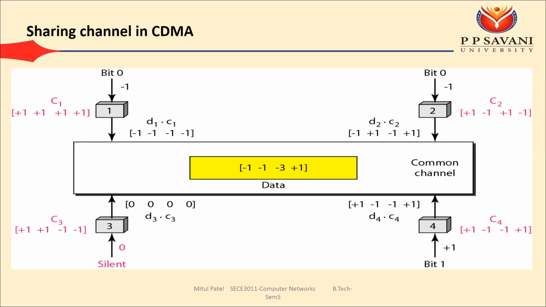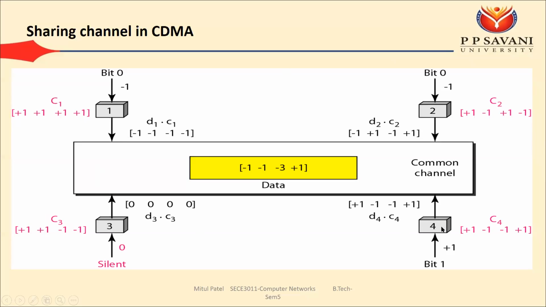So this is your first answer, how station 4 can verify that the data is coming only from station number 2. If we have not applied that method, then any station can know what the other stations are sending. Using this common data, station 1 also knows what 2 is sending, what 3 is sending, what 4 is sending. Station 2 also knows what 1, 3 and 4 are sending. And station 3 also knows what 1, 2 and 4 are sending.